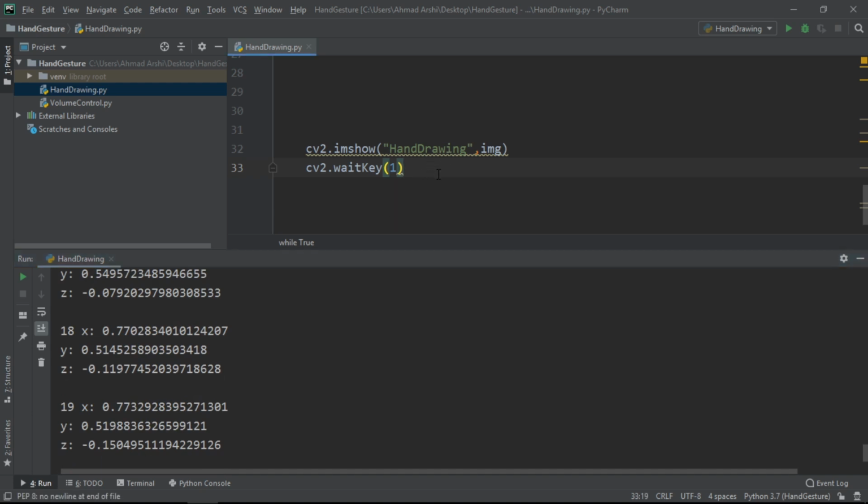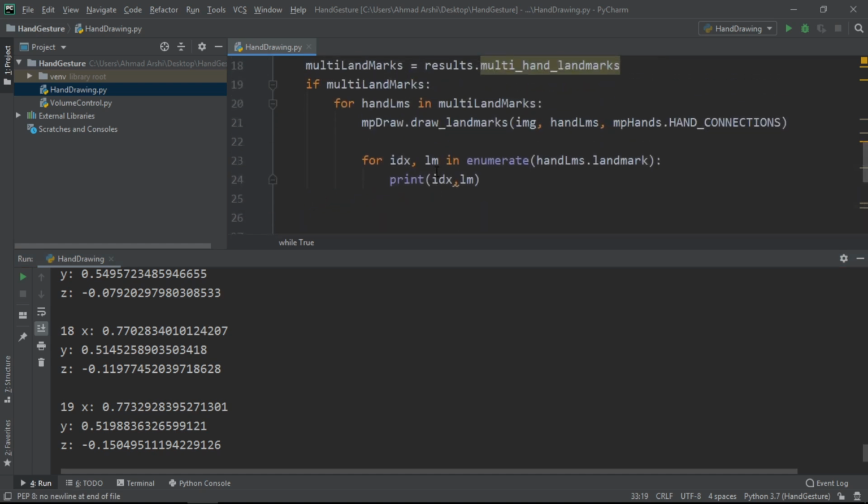Now the first thing we have to do is replace these coordinates with proper pixels, so that when we draw on it or do anything with it, we have the perfect coordinates on which we want to draw, and we cannot rely on these XY coordinates. We have to go for the pixel coordinates. For that, it's quite simple. We go for height, width and channel of the image, the current image, and then it will provide us with the height, width and the current channel of the image, and then we need to extract the CX and CY of it.